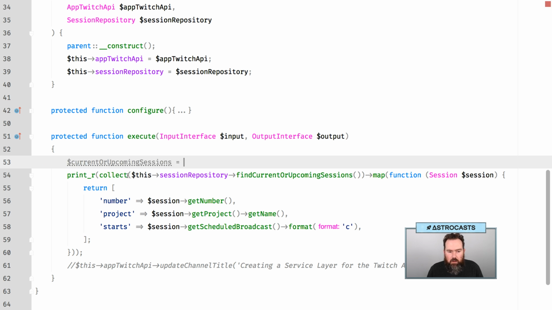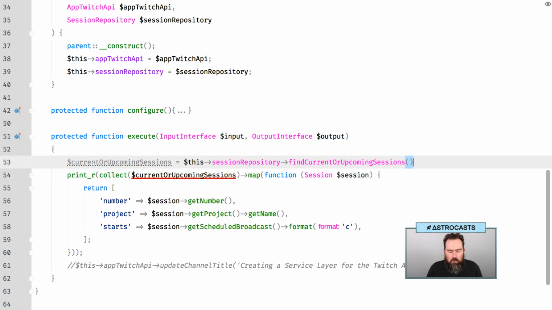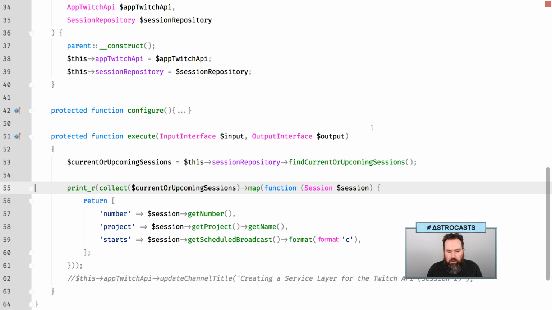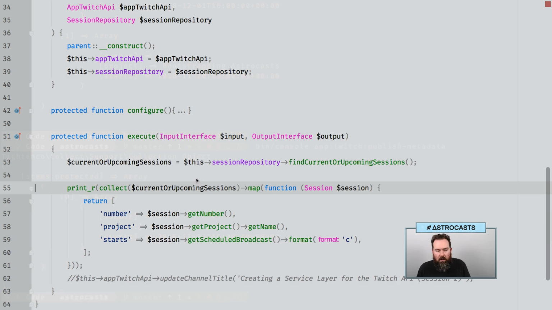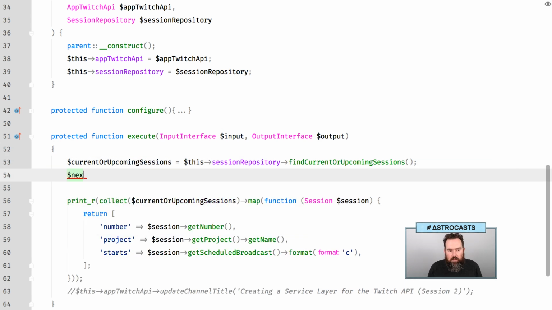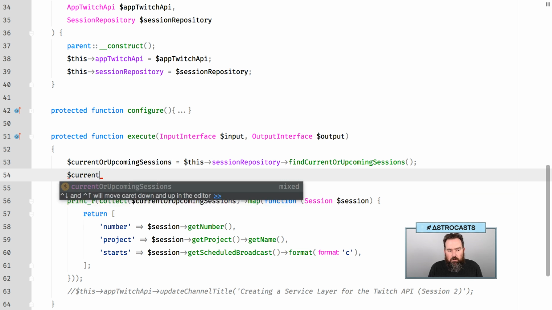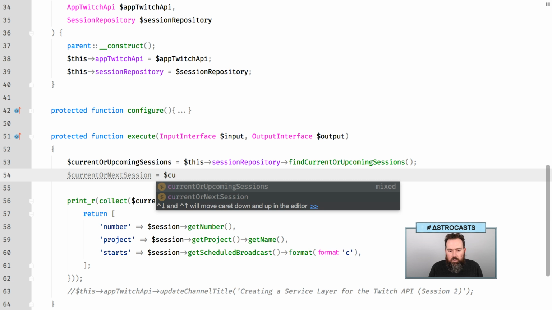Sessions. So let's get these now so we can do other stuff with them. All right, so we're going to collect those. If I run it again, it should only have one value. What I should do is next session, I'll call it next current or next session. We'll do current or upcoming,